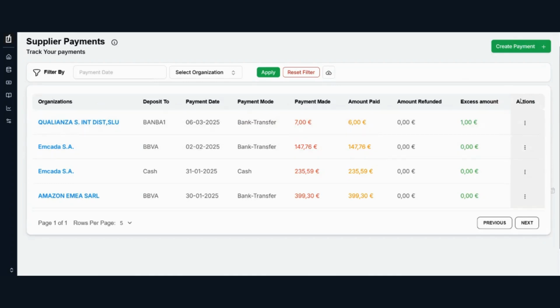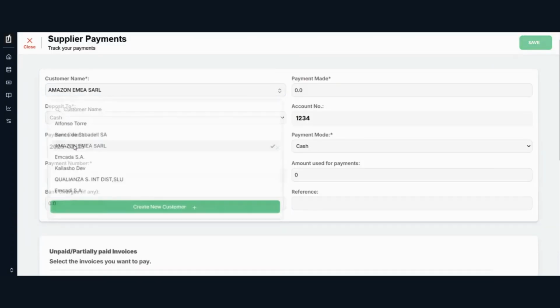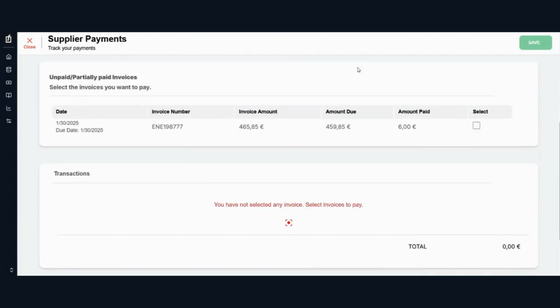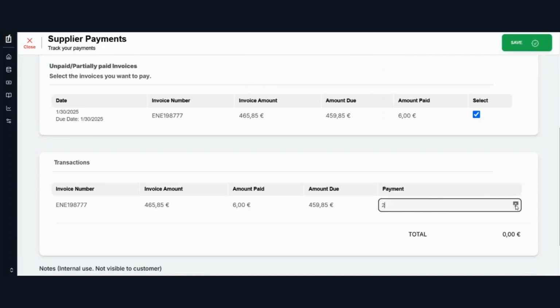But suppose I choose my previous customer, this one. You can see here their amount of paid and partially paid invoices. Suppose I choose 2, it exceeds, so I choose 0. Now you can save it.